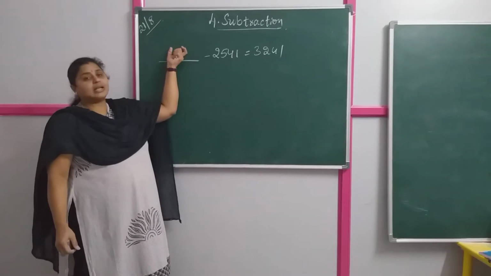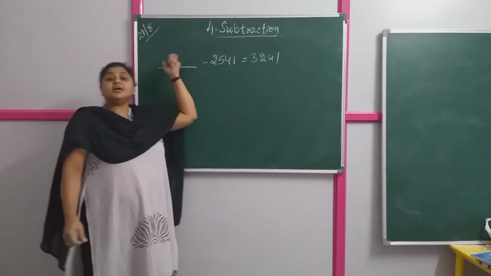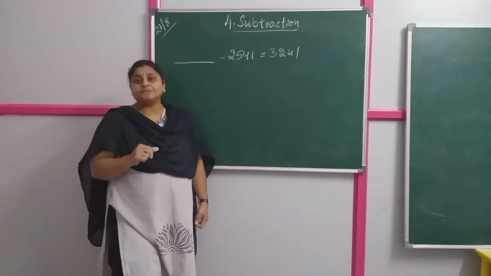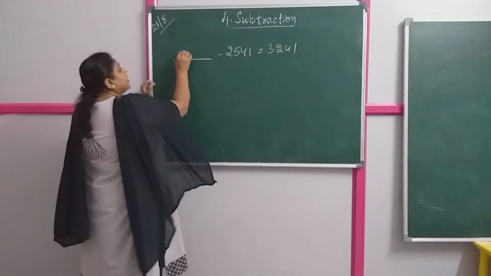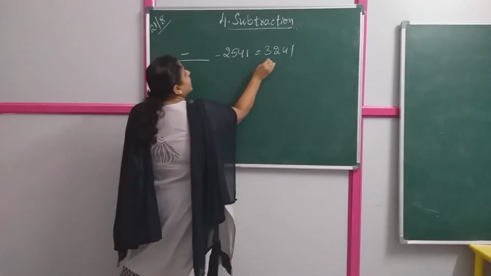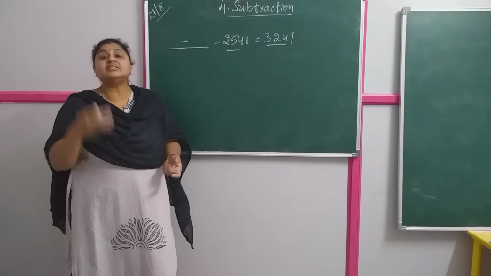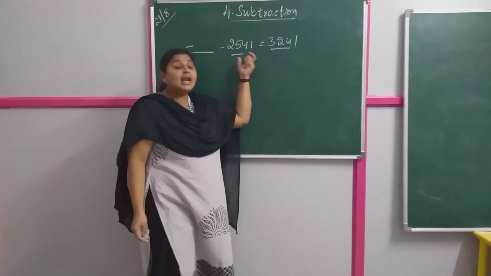Got it, children? So what is the number I have to subtract so that I can fill up this number? What is this bigger number? How to check it? You have remembered a method, children, how to check your subtraction by adding. You have learned it already in grade 2. Got it? So in order to find this blank place, what are we doing? We are adding these two because the opposite of subtraction is addition. Whatever numbers are left over, we are adding them.